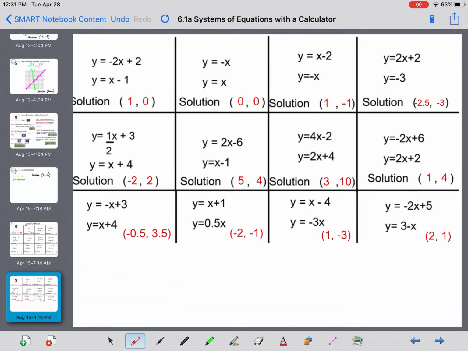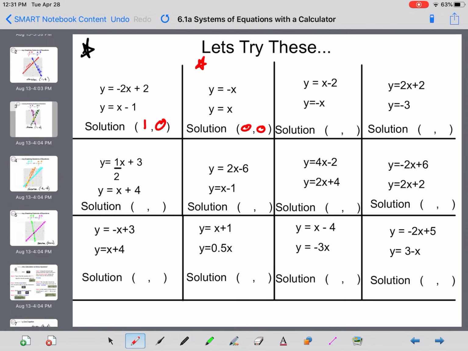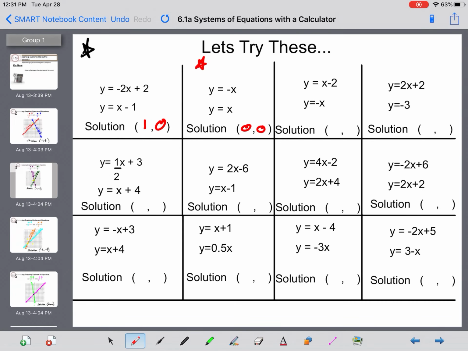Okay, so why don't you just work on the remaining 10 of these. Again, you can always check your answers on the back and the answer key. If you have any questions, as always, you could email